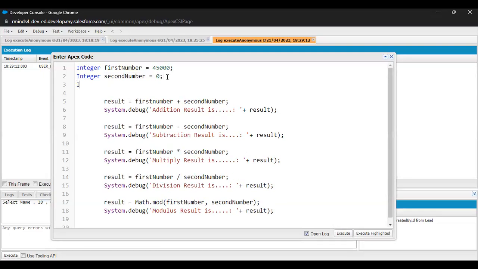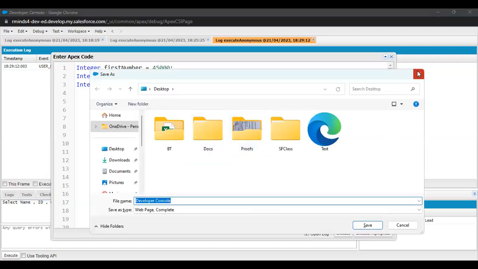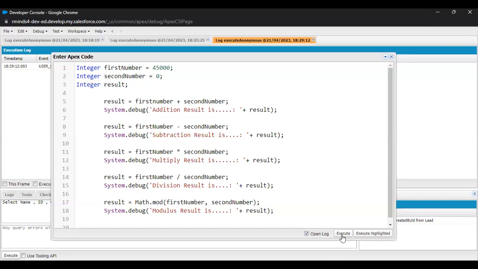Or I would say integer result also, right? So let me execute. Okay, I don't want to save it. I just want to execute,